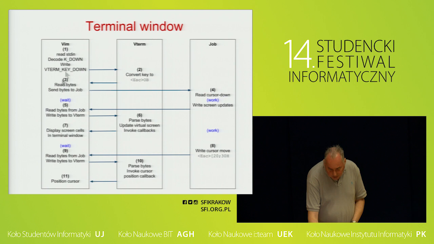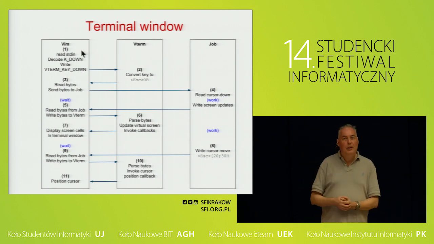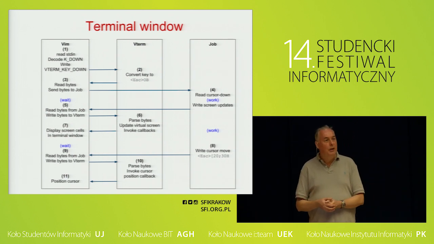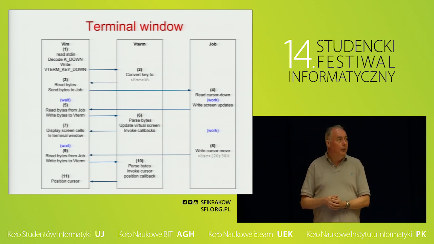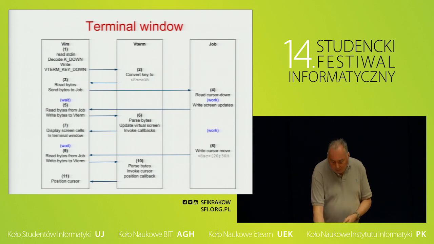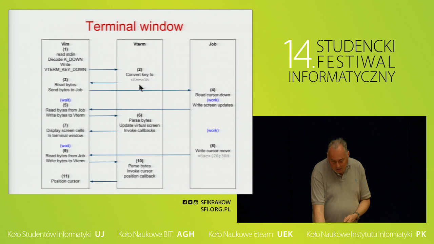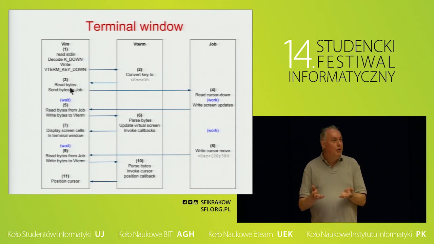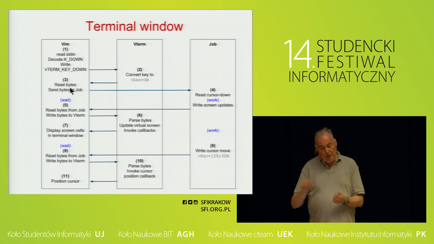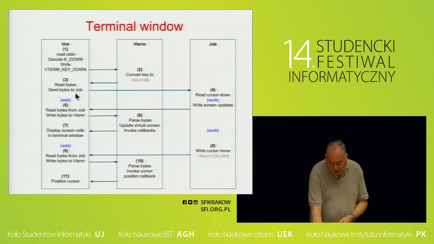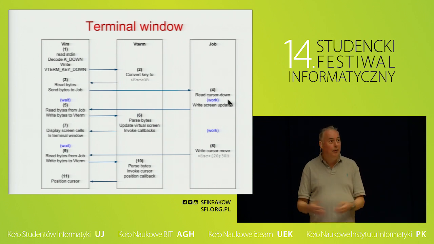So let's go into more details and see how this really works. Let's start with step 1. The user presses a key. Let's say it's the down key. Vim decodes whatever key was typed, and then it calls a vterm function called vterm key down, obviously. And then vterm says, okay, in this terminal, the key down is escape OB. So that's an escape sequence. Then Vim reads that back and says, okay, now it's just a bunch of bytes. I don't know what they mean. I'm going to send them to the job. So over the channel, it sends them to the job, where the job will say, oh, that's key down.